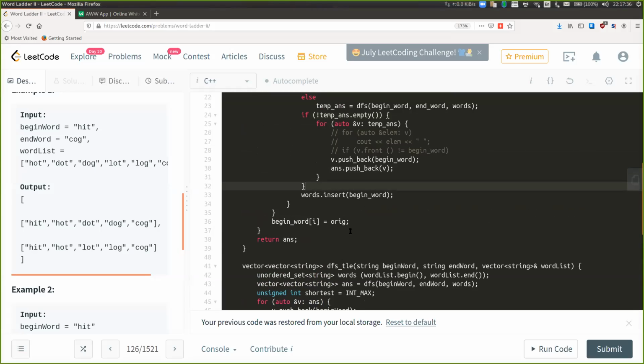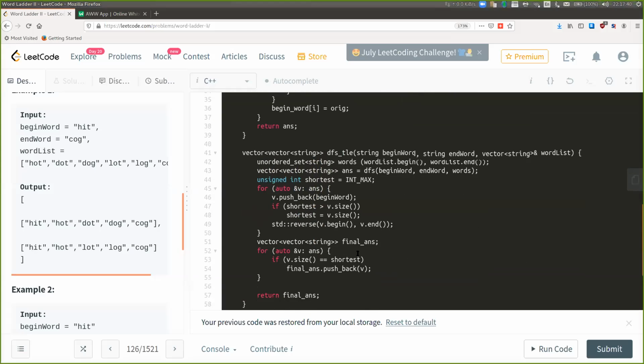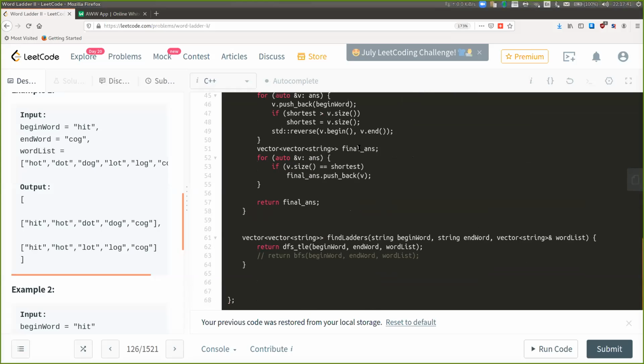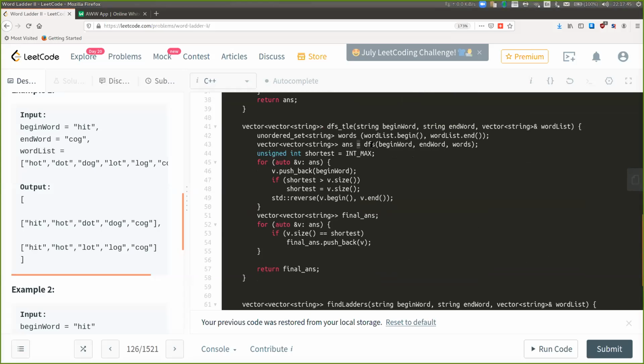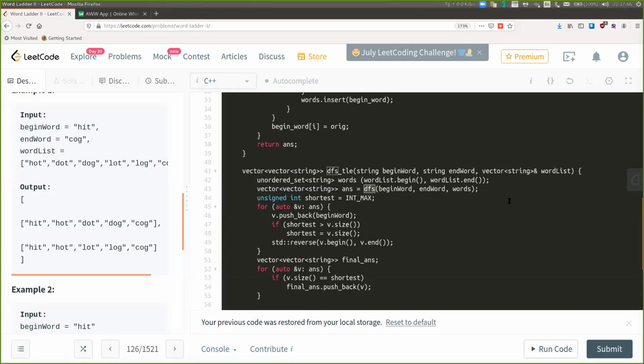So can we discuss the complexity? It's an interesting one. We'll discuss the time. On line 45, the complexity is O(n), reverse and everything is O(n). So main complexity is of DFS only. The space complexity is not constant, sorry, but O(n), because I'm using the unordered set, not counting the implicit stack for DFS.